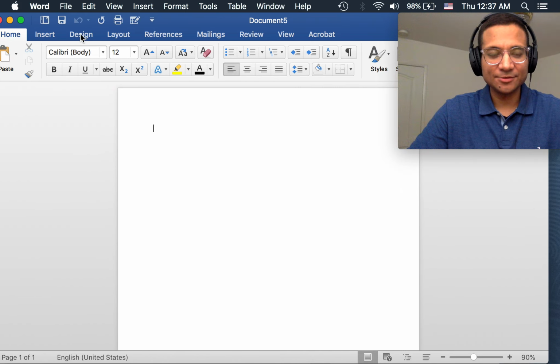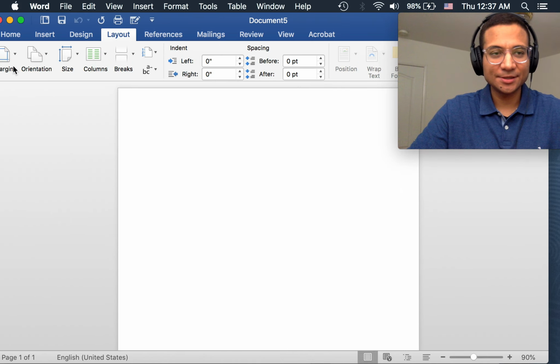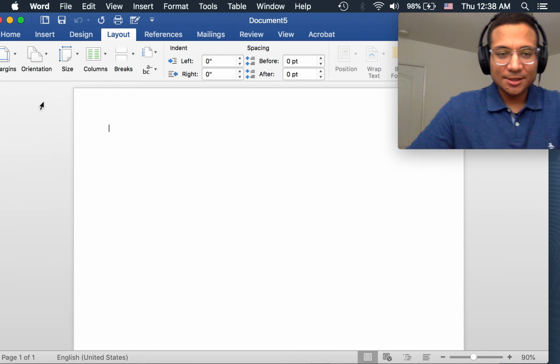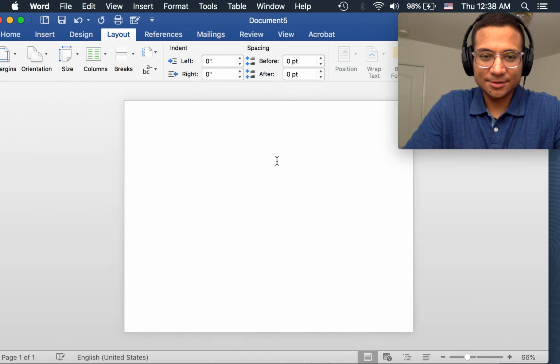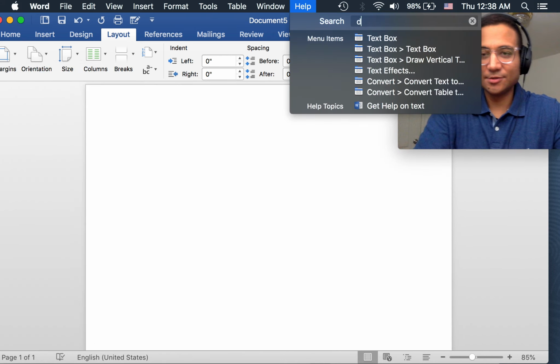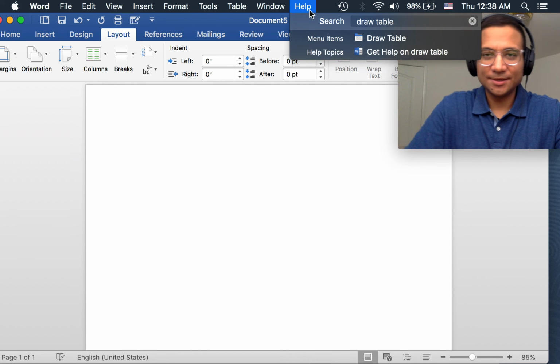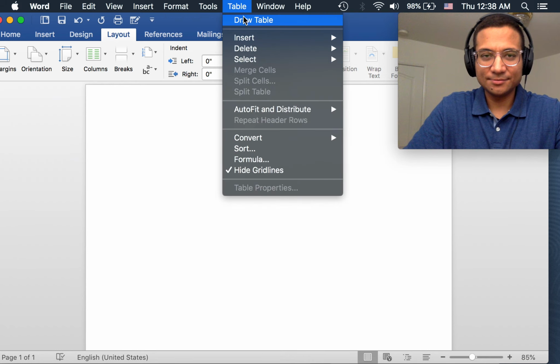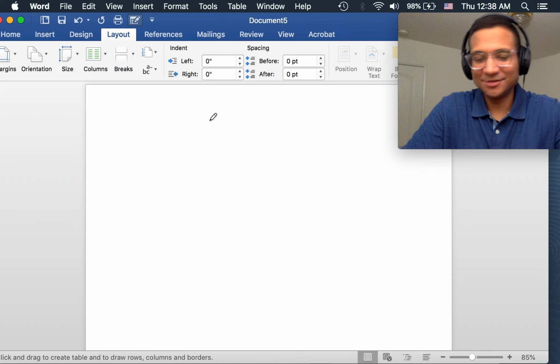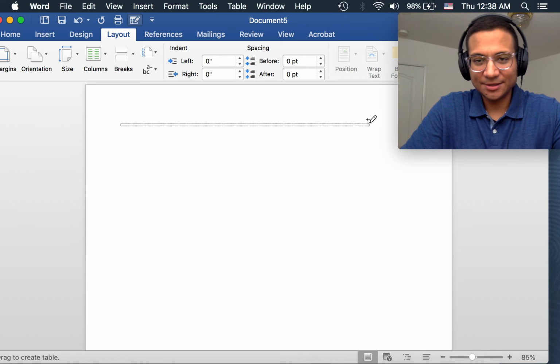All right, if you want to change the layout, just in case, landscape. All right. Next thing, it's called draw table. So literally, draw a table. It gives you this pencil. You can go like,